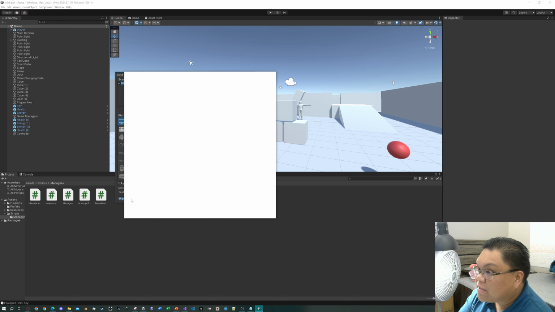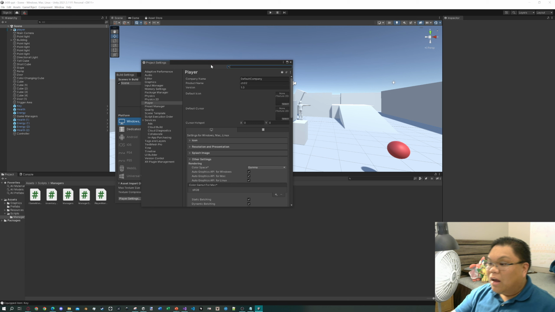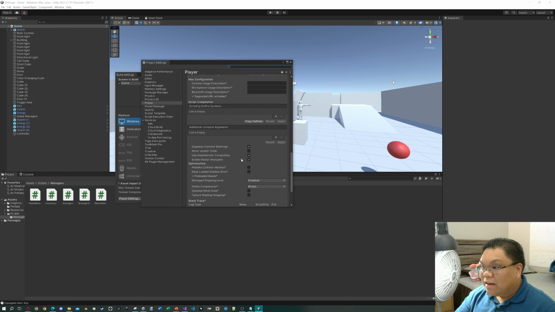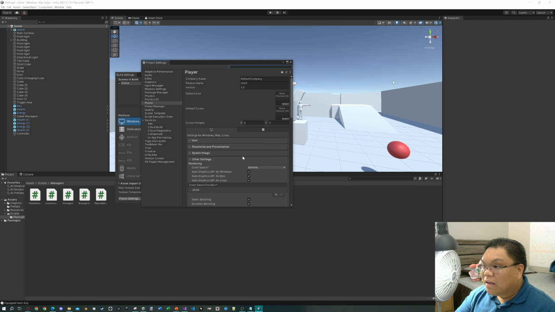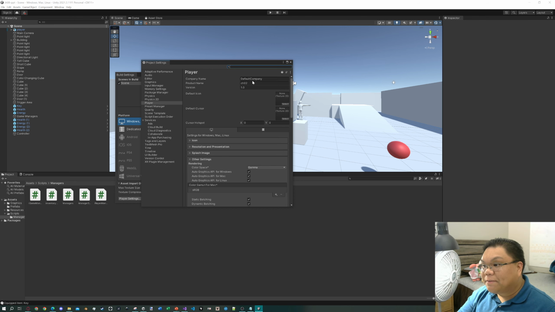That is player settings. Look at this. So, there are a lot more settings that we can set for a game. I guess the easiest ones to change are the company name, product name, version, icon, and cursor. The first three are pretty self-explanatory. For the purposes of this, I'm just going to say